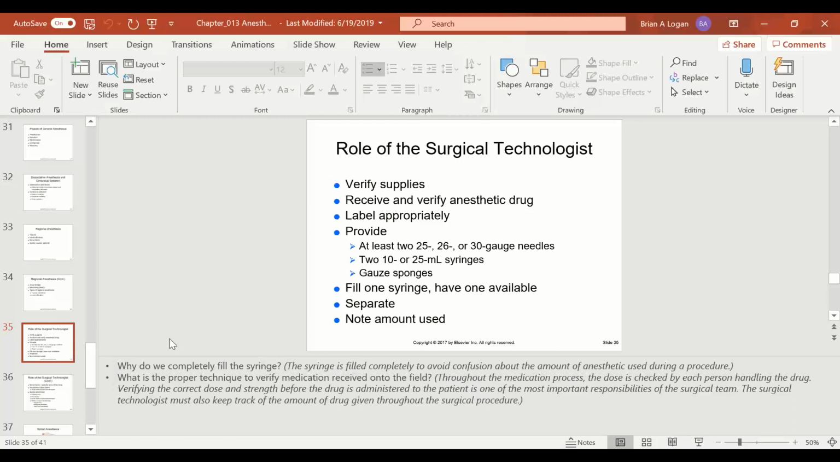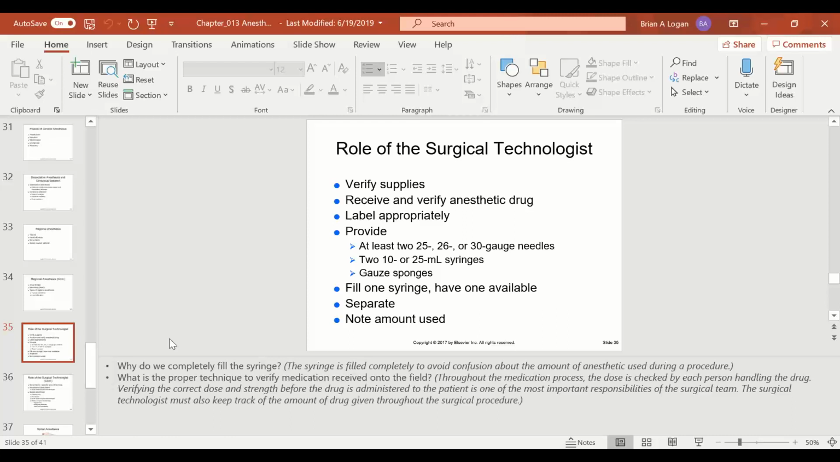We're getting the drug poured onto our field, and we're verifying that drug, right? 1% lidocaine with epinephrine, expires July of 2022, right? We're labeling all of our containers, whether it be the syringe or the cup, whatever it's in. We've got typically on your field,